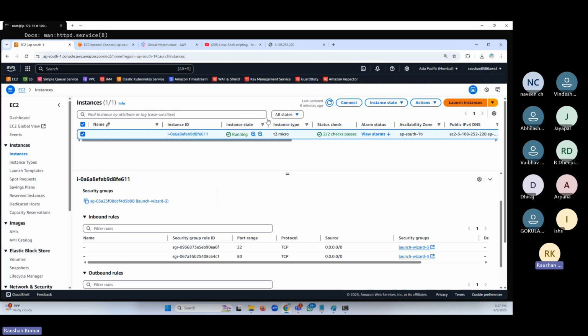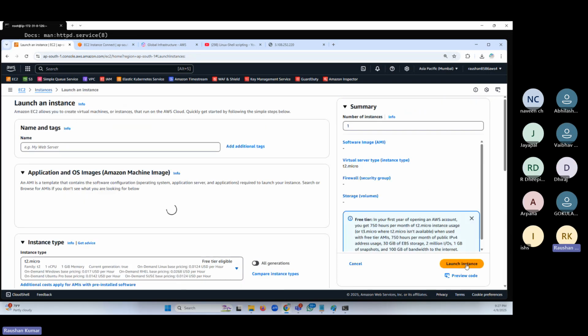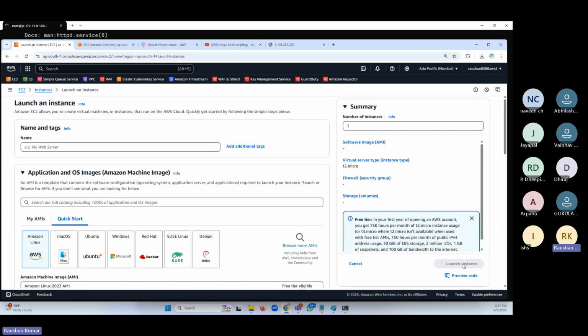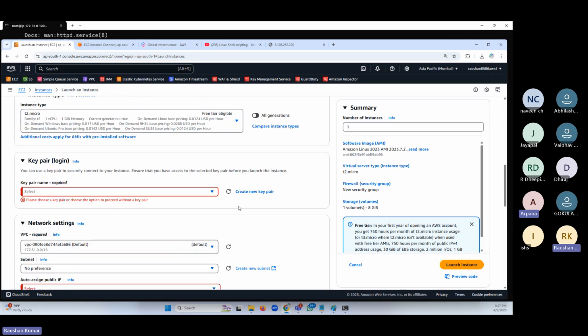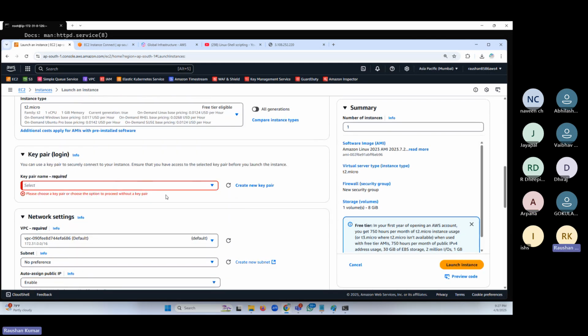If I show you, if I'm doing launch instance right now, they will not let me create it. Look at this, they will not let me. Okay, I will try creating one more instance. If this error comes again, then we will talk about this tomorrow. I'll make you screen share and we will resolve this. Okay, sure.